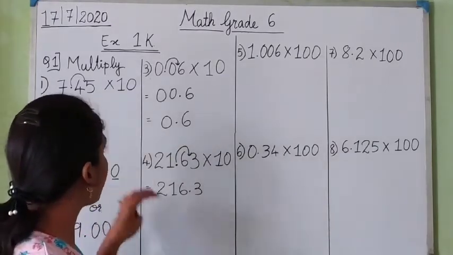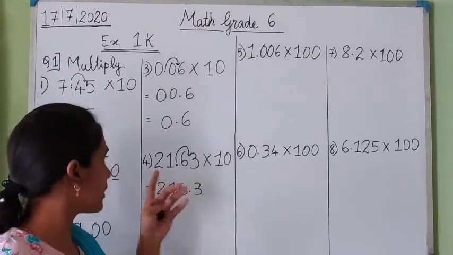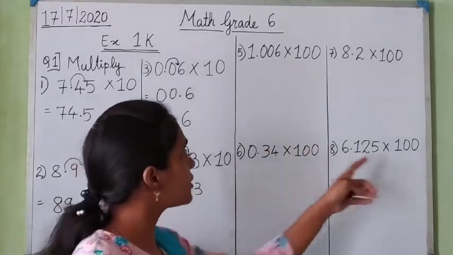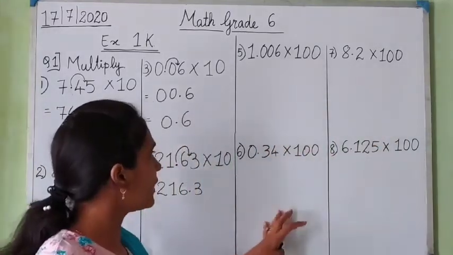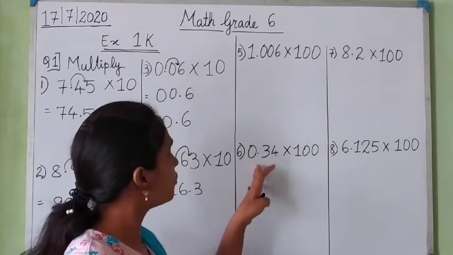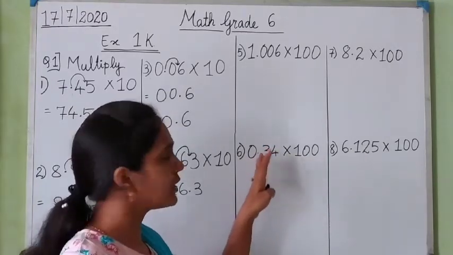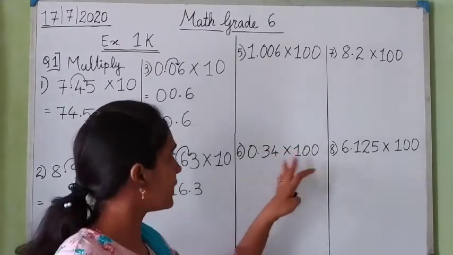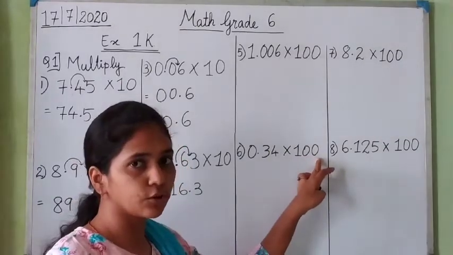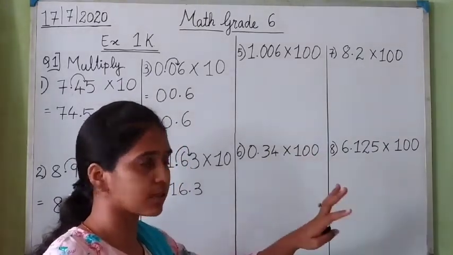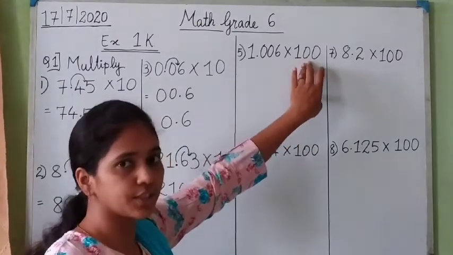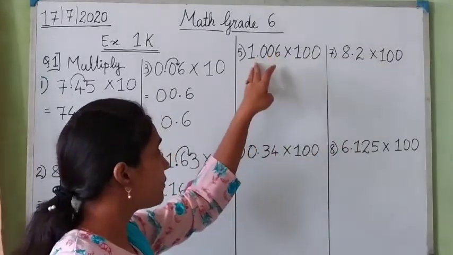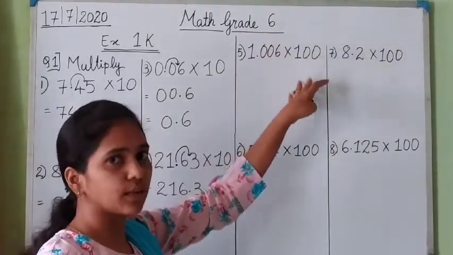So these were all the examples when we were multiplying the numbers by 10. Similarly, if we are multiplying the numbers with 100, there is no difference. What we have to do is shift the decimal point towards the right by as many places as the number of zeros. Number of zeros in tens, hundreds, thousands, like that. In hundred there are two zeros, right? So we have to shift the decimal point two digits towards the right.